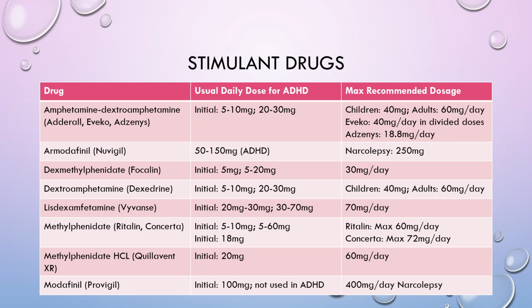So here's a chart that I made of stimulant drugs. It's a mix of both Stahl's and Sodict information put together for you. So there are the amphetamines, or Adderalls, Evekeo, and the new Adzenys, which is the supposed new 16-hour release long-acting amphetamine medication. Or Modafinil or Nuvigil, used for ADHD, and often you're going to see stimulants also used for narcolepsy, more commonly the Nuvigil, and at the very bottom the Modafinil, the Provigil.